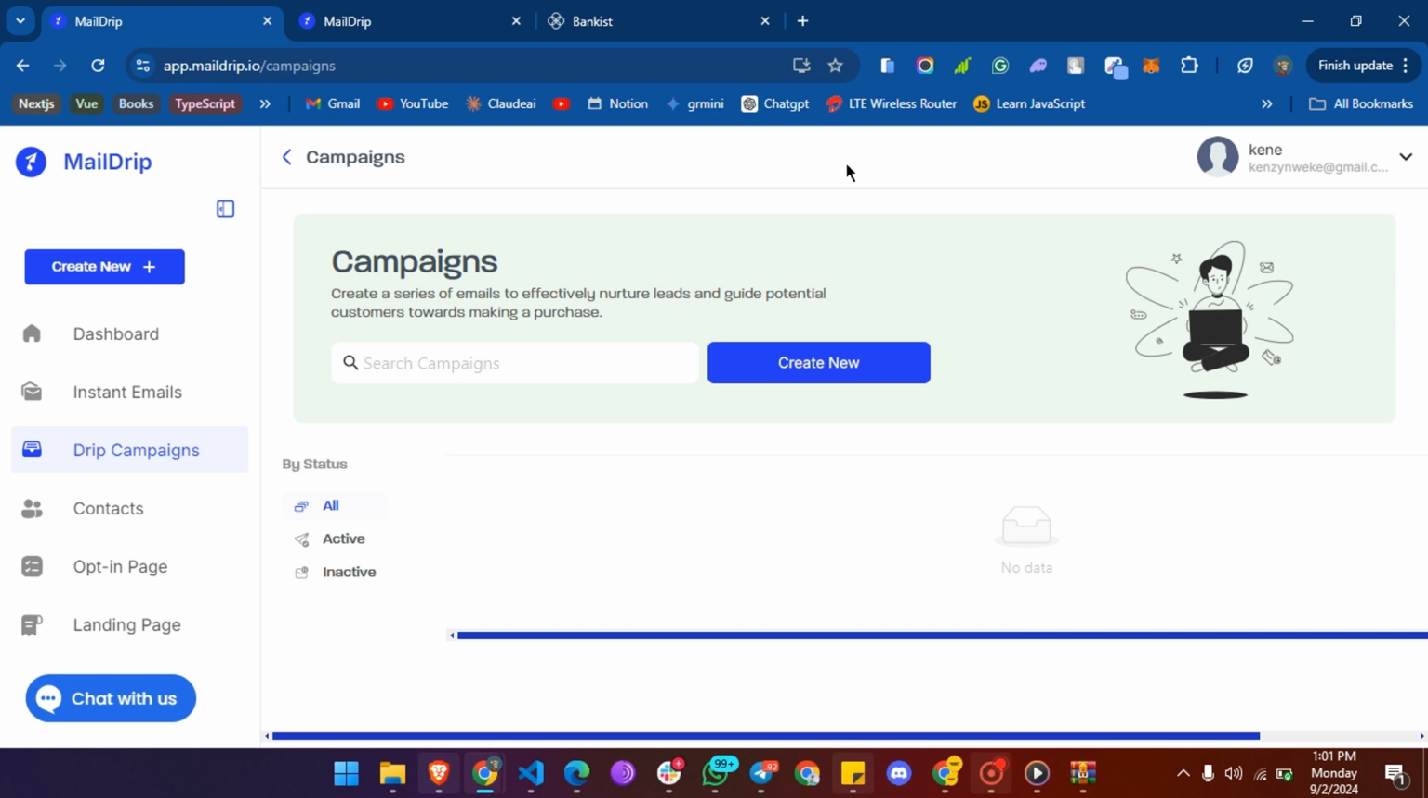Good day, guys. So today we'll be looking at how to integrate MailDrip into your HTML code and also into your WordPress code editor. So that's what this video is about. If you have been wondering how to integrate MailDrip into your application,